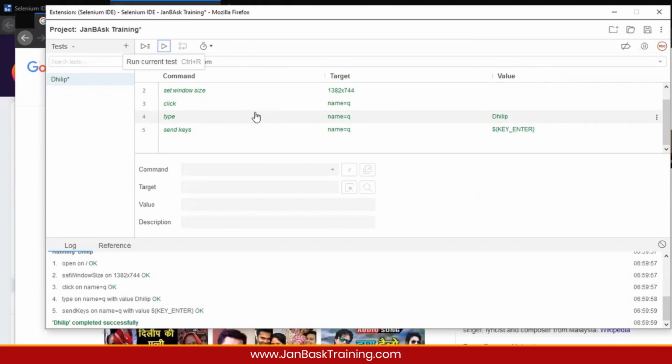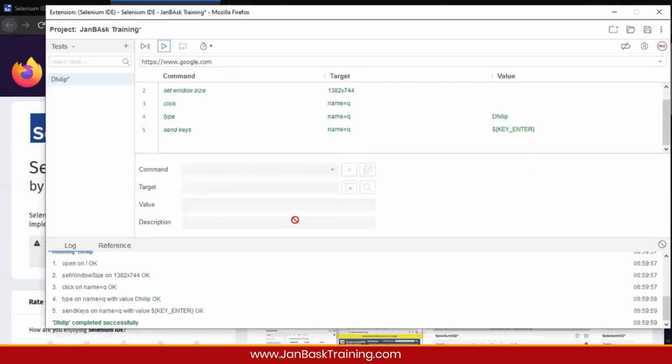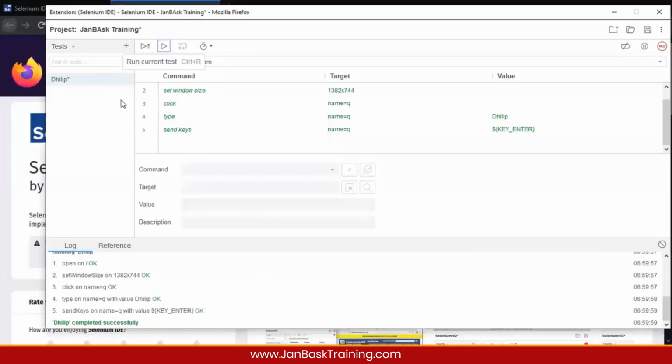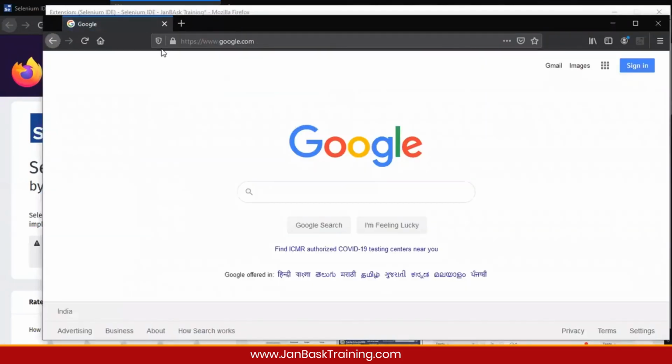I hope we all can try this at your end once. It's not that difficult. Yes, Selenium IDE is there. Let me just slow down the process. Now check the whole thing slowly.